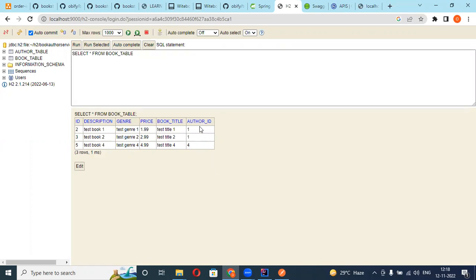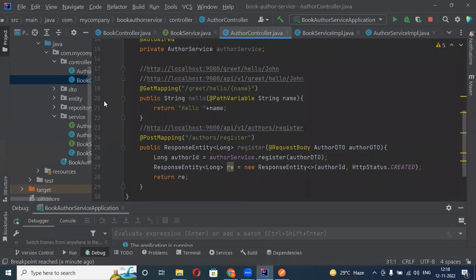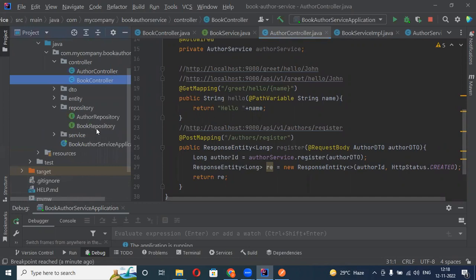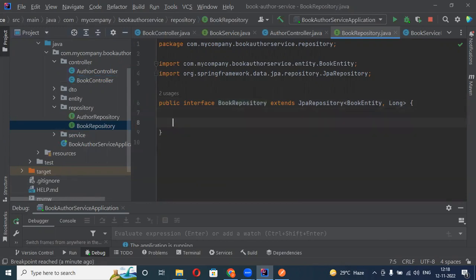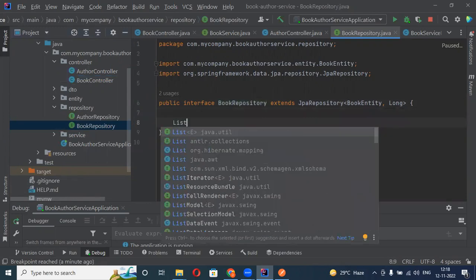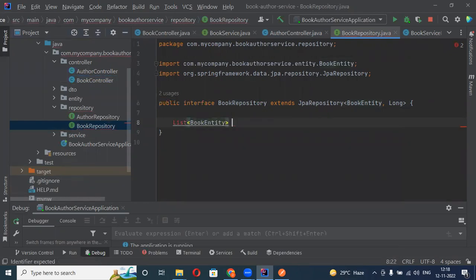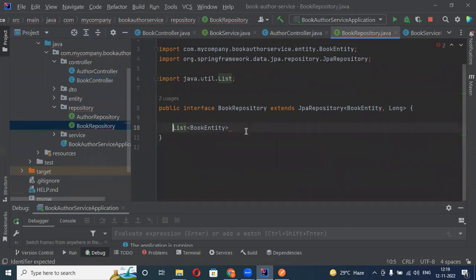Perfect. Now let's write the code to fetch all the books for a particular author. So let's complete that flow. For that, we have to go to book repository and write a custom named query. Here we'll say return list of book entities and how, we'll say find by